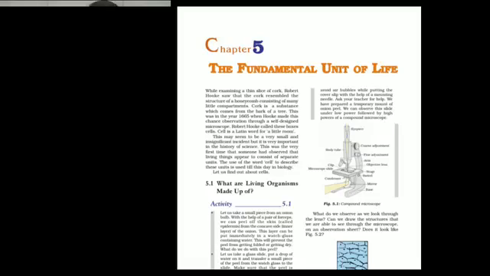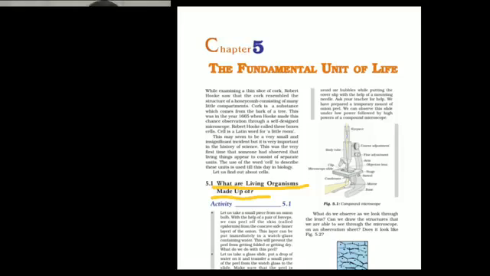Though a non-living object may perform one or more of these things, it is only a living thing that performs all the above functions. All animals and plants are living things. All these organisms look different from each other. However, all of them are made up of various microscopic units called cells. So, what are living organisms made up of? Living organisms are made up of cells. In this chapter, we will study the cell, its parts and the functions of various parts of the cell.